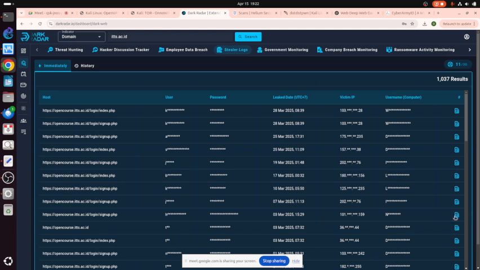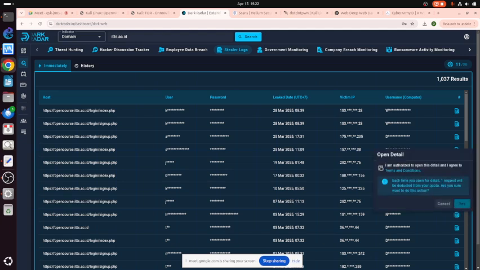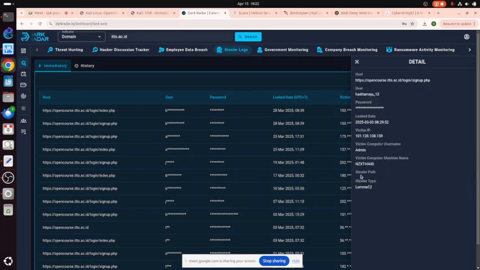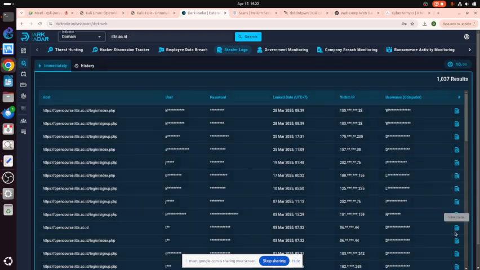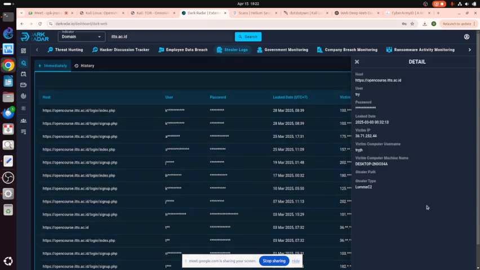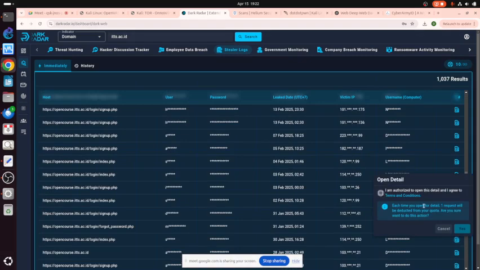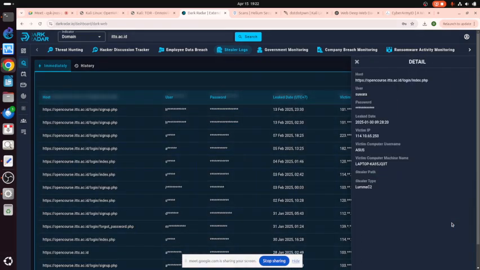Let me see this one, for example. NZXT, this must be a Windows machine, and this is the same stealer. See? That's how people steal. This is a desktop, this must be Windows. This is the same stealer. So all are Windows.